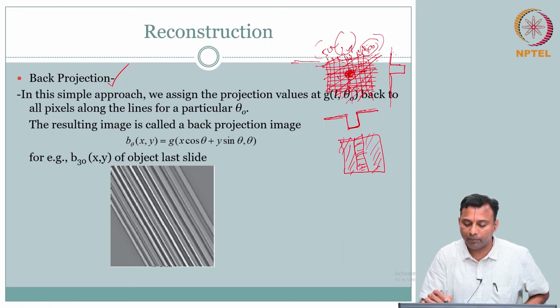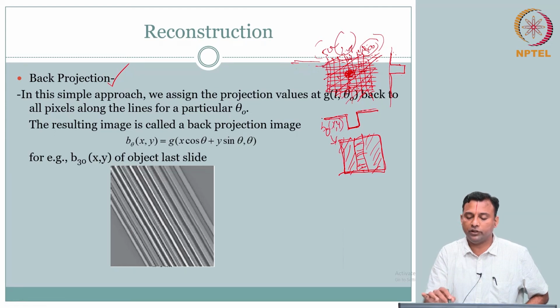So here I am back projecting. I am saying along this column everybody took 1.2. Along the rest of the columns they all took 1. This is my back projection image at 0, at 0 of x comma y. I mean this is the back projection of the 0 angle view along x comma y. So one dimension becomes 2 dimensions.